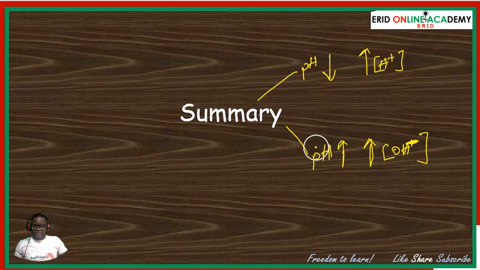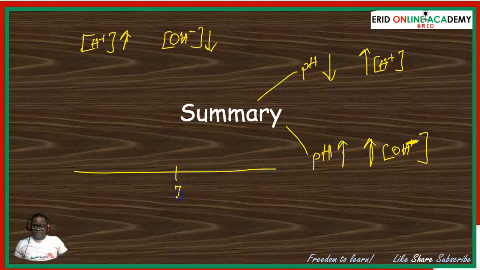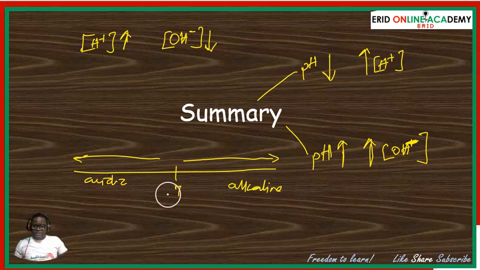So both of them are almost kind of opposite. If your hydrogen ion concentration is higher, then you would expect that your hydroxide ion concentration would be lower. So on the pH scale, a pH of 7 is neutral. A pH that is lower than 7 is acidic, shows acidic solution. A pH that is greater than 7 shows what? Alkaline solution. So the more acidic a substance is, the lower the what?